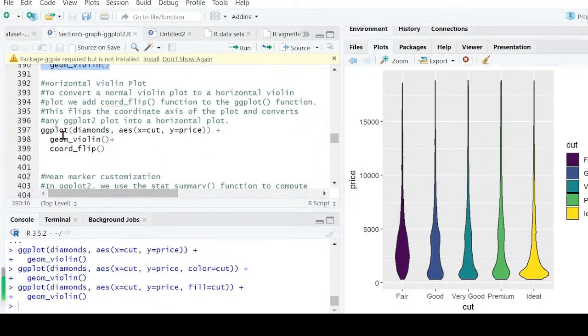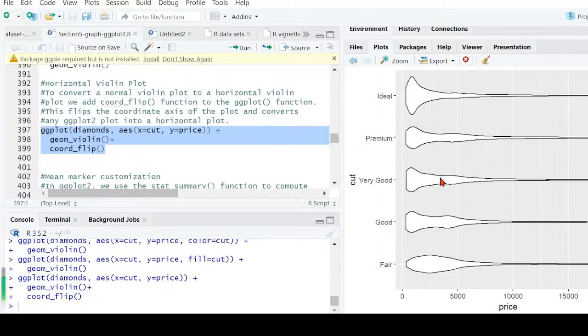We can also plot a horizontal violin plot. Just add a coord_flip function after the geom_violin. So now it's a horizontal violin plot with the cut variable, the category variable, on the left side,